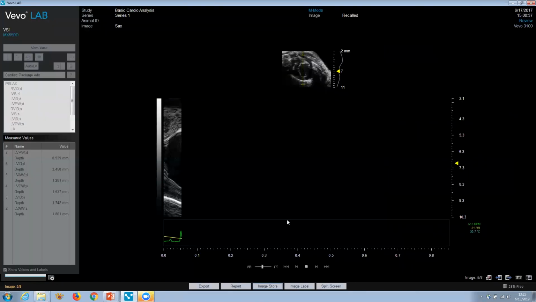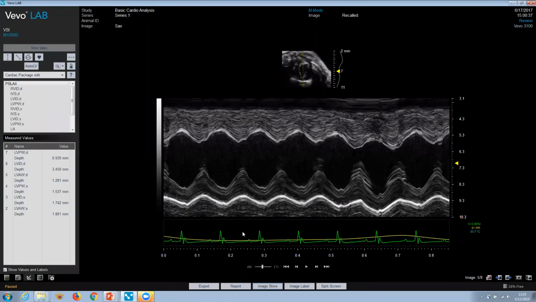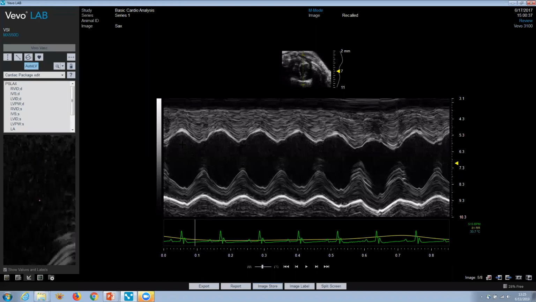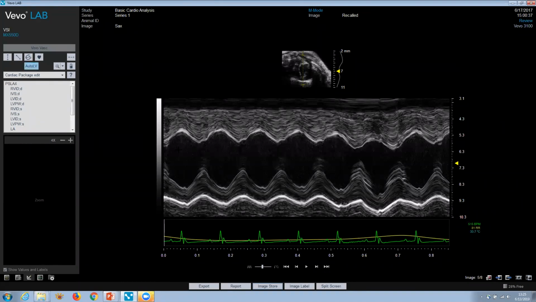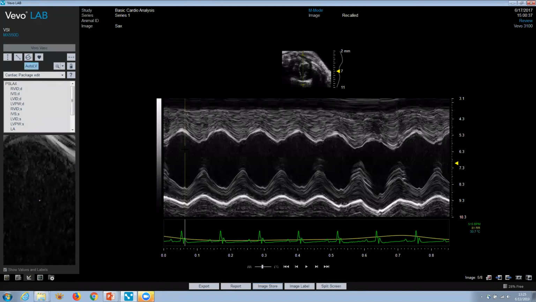So what's new and exciting here in this version 3.2 is that now we have an AutoLV button available when reviewing M-mode. So again, this is very specific to short axis M-mode. It's expecting to see short axis M-mode, expecting to see the endocardial and epicardial, anterior and posterior walls in this particular orientation. And to use the tool, all we do is click the AutoLV button here at the toolbar,